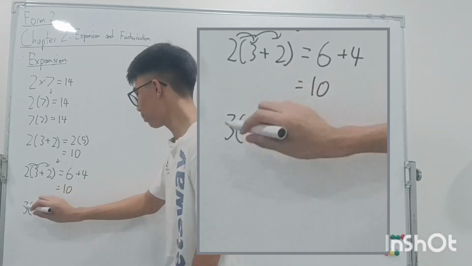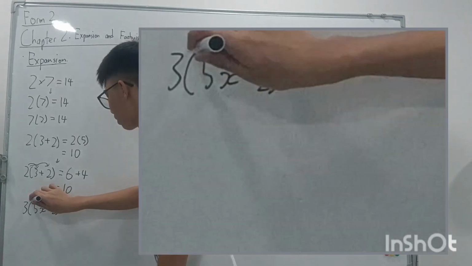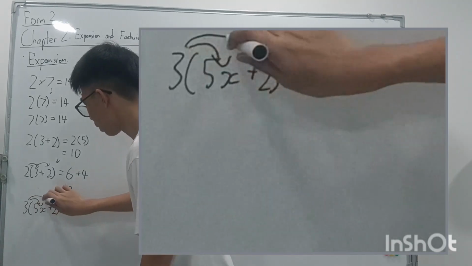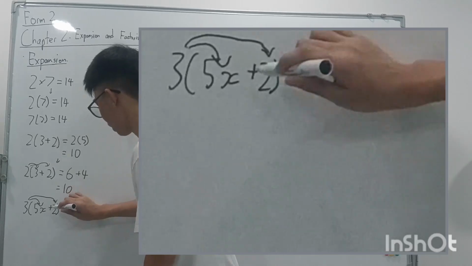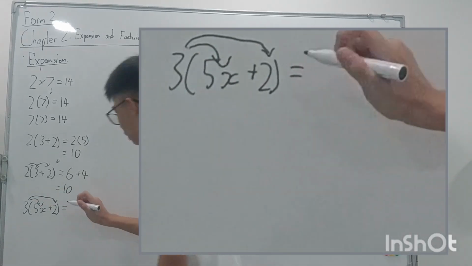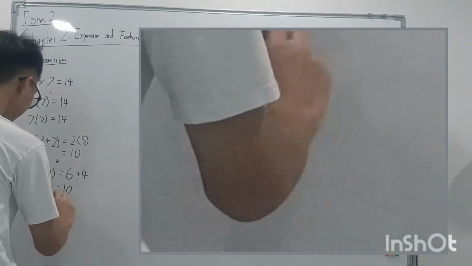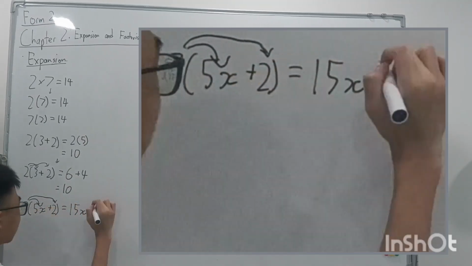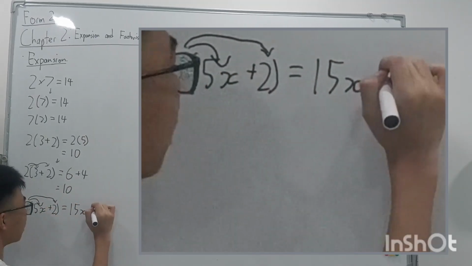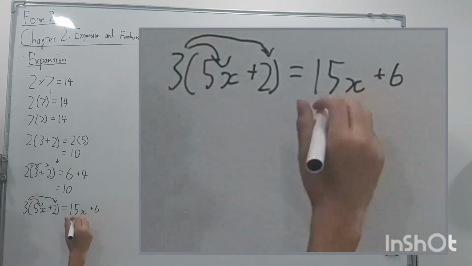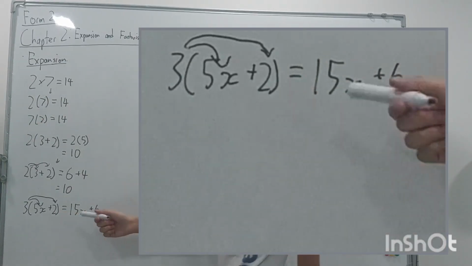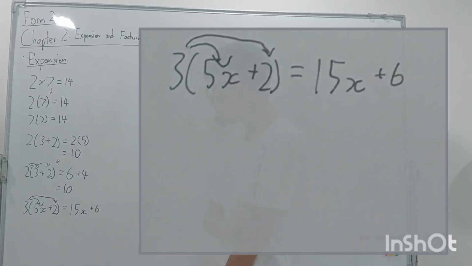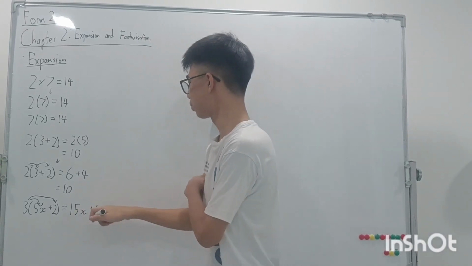So we're going to expand it by multiplying 5x with 3 and then 3 with 2. So 3 times 5x will be 15x, and 3 times 2 will be 6. So that's the expanded form of this equation. Okay, so now let's move on to